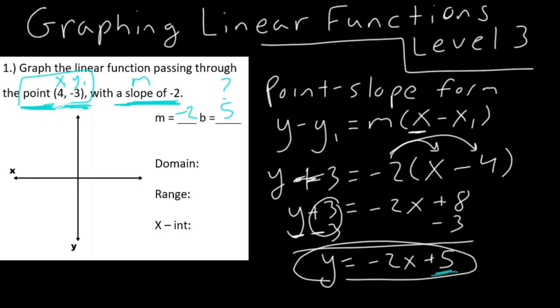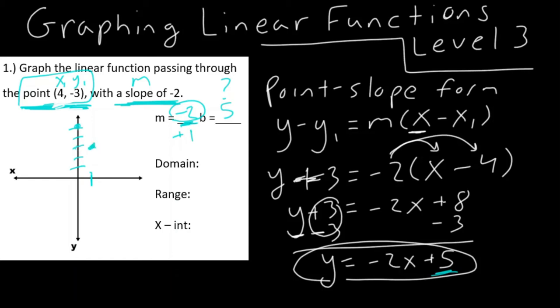So let's go to our graph, and for our y-intercept we can go 1, 2, 3, 4, 5 units. We'll put a point. And remember, our slope we always want to write as a fraction, negative 2 over 1. And what is that telling us? Well, on the top we have our change in y, which is telling us to go down 1, 2. And on the bottom we have this positive 1, which is our change in x, is telling us to go to the right 1. So we count down 1, 2, to the right 1,